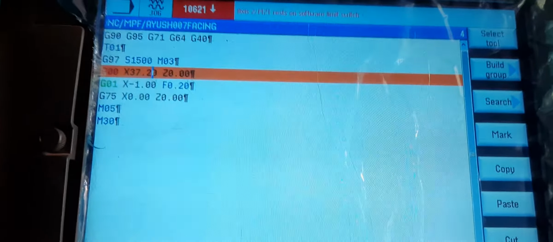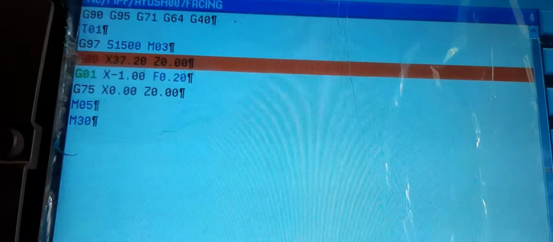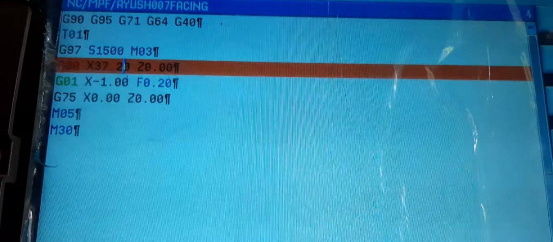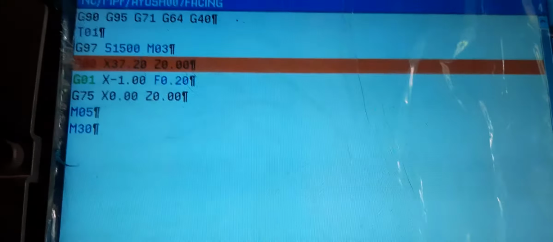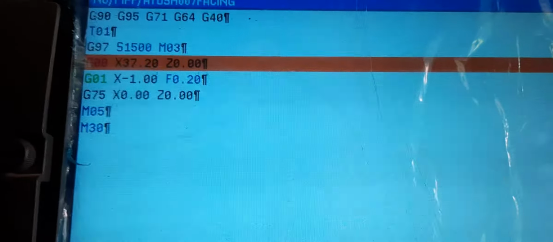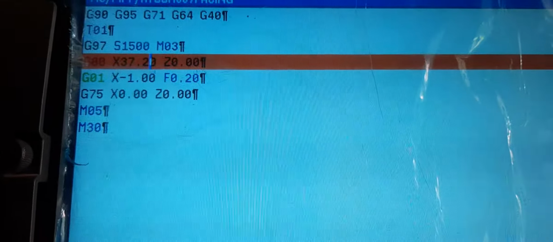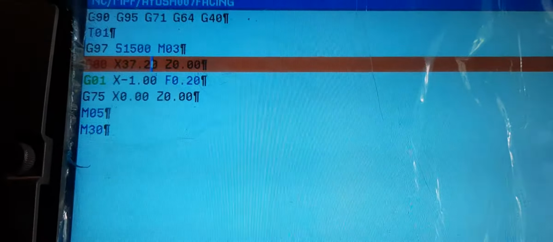So dear students, here you can see that a small set of instructions or a program is fed into this machine. You can see that here we are using G code and M code. As you know from our earlier experiment, G codes are used as a preparatory function to prepare our machine and our tool, and M codes are used as a miscellaneous or secondary function to operate our tool or the job.